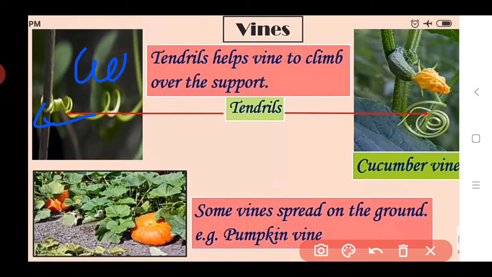So here we see the example of cucumber vine. Okay, if you see the example of this cucumber plant, it is a vine plant. So it also has this tendril structure. Okay, like this. And if we see, some vines are spread on the ground. If we see the pumpkin, like this, pumpkin, watermelon, these don't require any support. They can grow by spreading on the ground like this. So here we see the vines. There are two types of vines. Some require vertical support with the help of these tendrils, and also some plants have aerial roots, like money plants, and some vines spread on the ground.